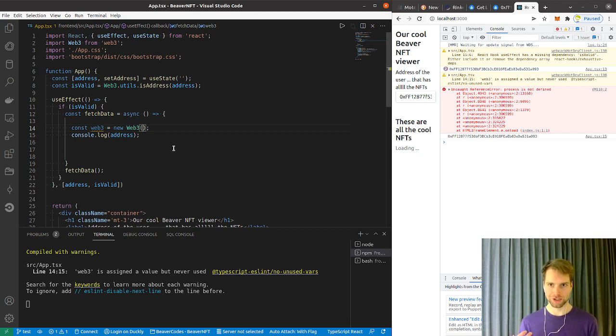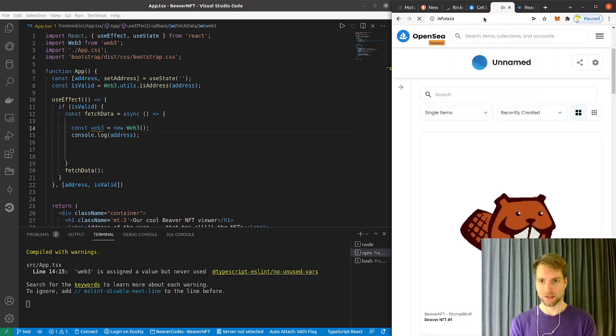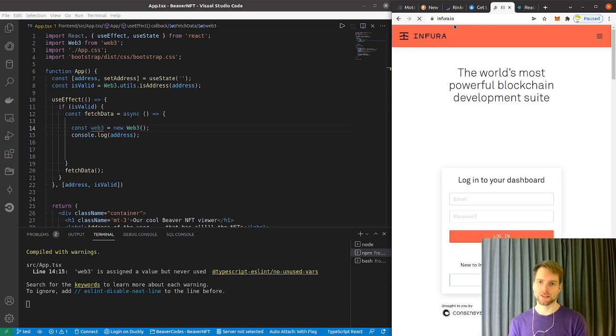That brings us back to the discussion about nodes in the blockchain. So we need a node to interact with, to fetch data from. This is the important bit, right? We have our website, but it doesn't know what stuff is on the blockchain. It's not connected to the blockchain itself, so it needs to reach out to some other node that is connected and can give us this kind of information. Luckily, there are a bunch of services that can provide you these kinds of nodes. One is Infura,